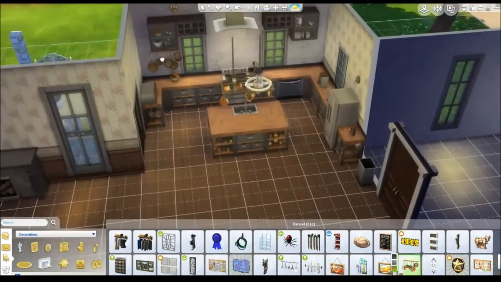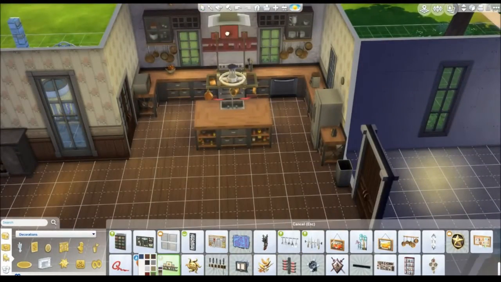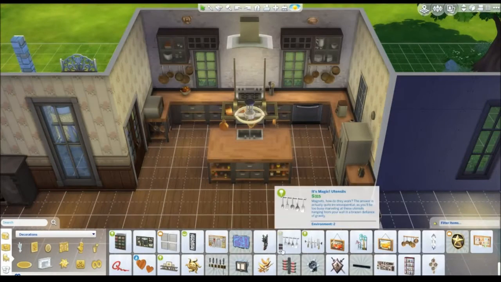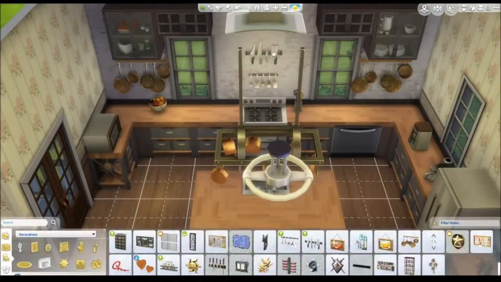Trying to make it look lived in. I love these hanging pots. I just think they're so cute. And this new shelf is great, but I don't think I end up finding room for it anywhere in the kitchen. I'm really weird. I like to design my houses so I can actually enjoy them in live mode,